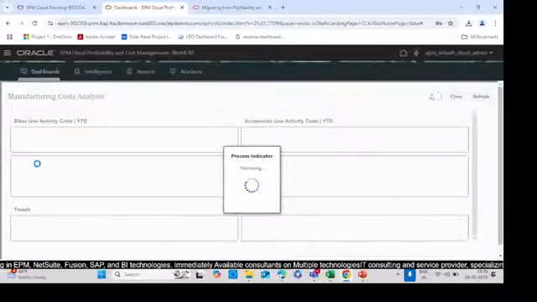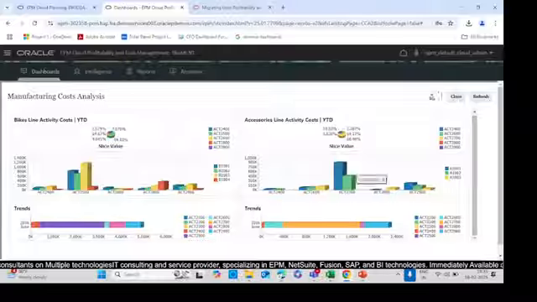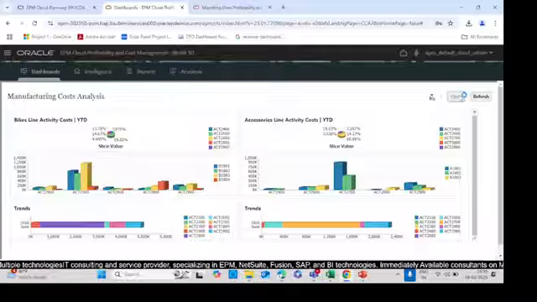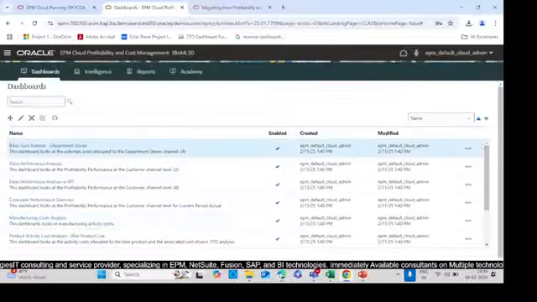So just click there, and all the activity based costing, all the methods we have used here, we can see in this particular dashboard, like by client activity cost, year to date information we can get. For each slice value we can see the accessories line activity cost, or for all the products as well as trends. Okay,